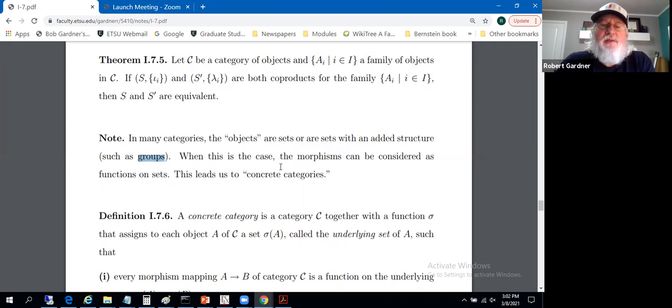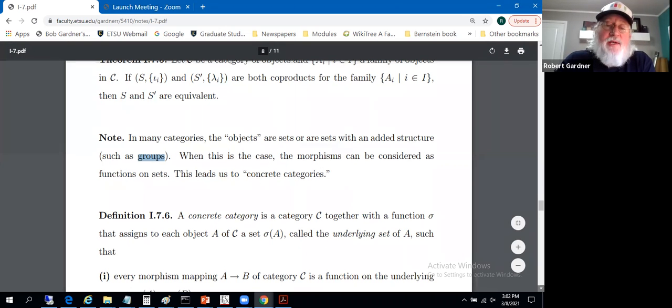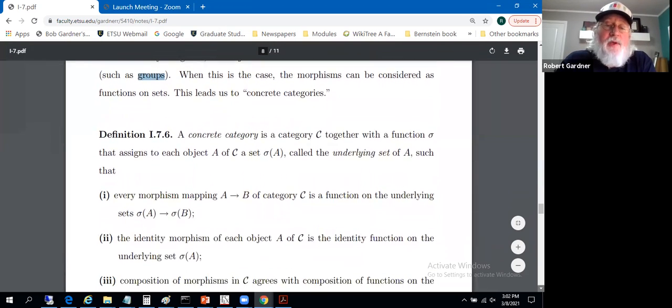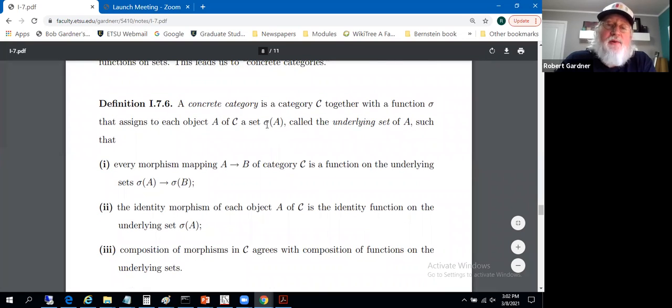But when this is the case, when the objects are sets or associated with sets, the morphisms can be considered as functions on those sets. This leads to the idea of a concrete category. So the definition: a concrete category is a category calligraphy C together with a function sigma that assigns to each object A of C a set sigma of A, called the underlying set of A, such that